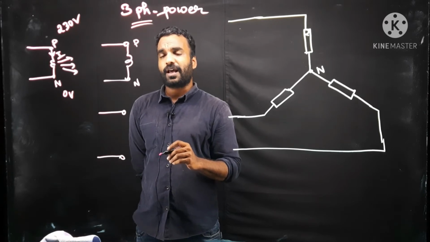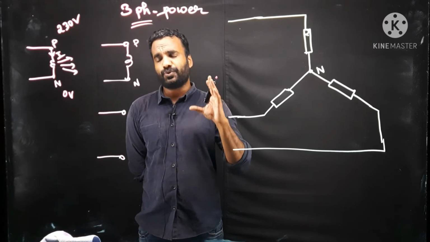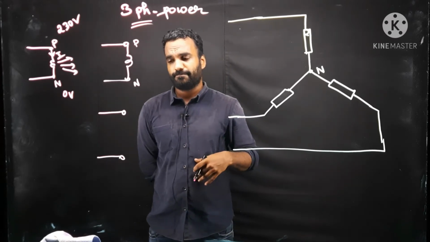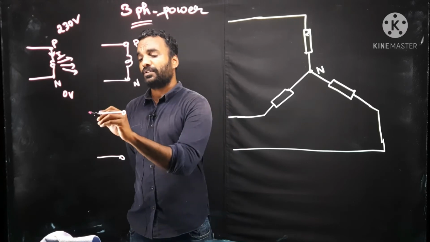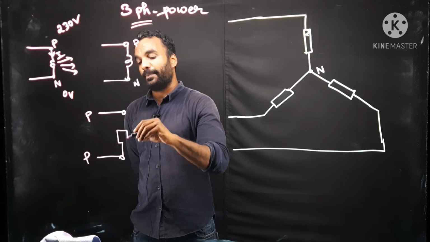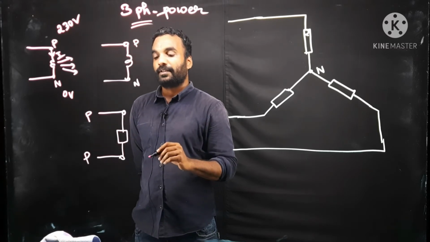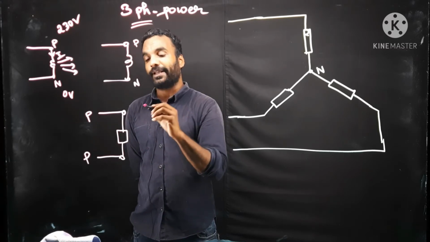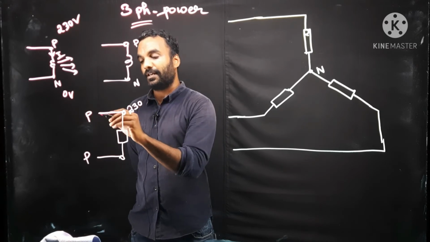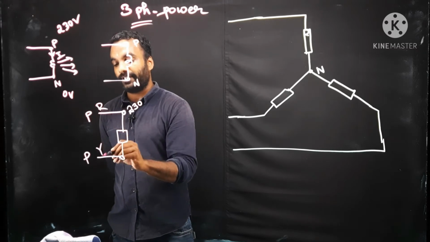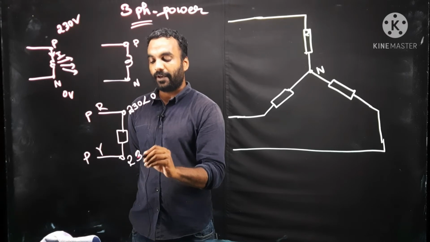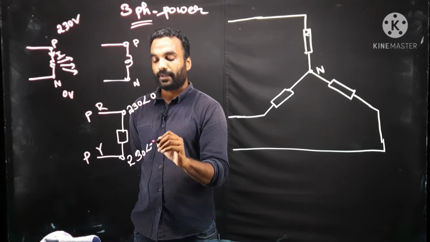and you are, suppose, an industrial customer, you are running a flour mill, you are having a big motor, so you are connecting phase and phase, and you are having a big motor, then also you will get high voltage. Because this one phase, suppose it is R phase and it is Y phase, is having 230 angle 0. The other one will be having 230 angle minus 120.